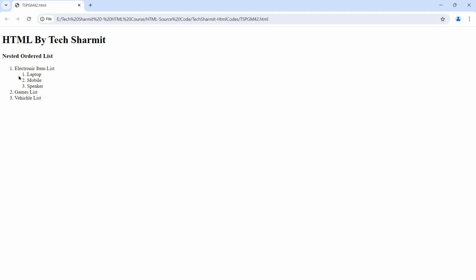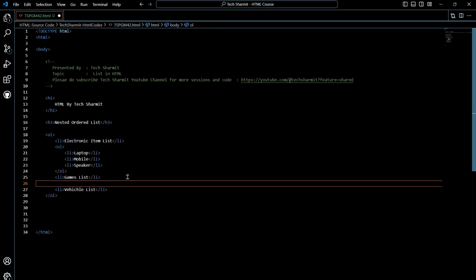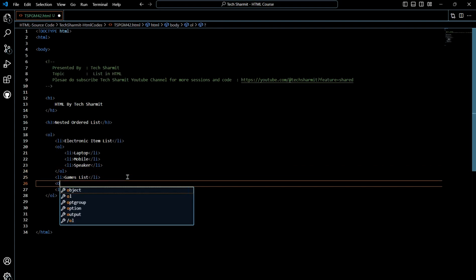How will you figure out that it is ordered or not? By looking at the sequence. If everything is in sequence, then you can say yes, it is an ordered list. Okay, fine. Now let's add another list for the games. So here you can write ol